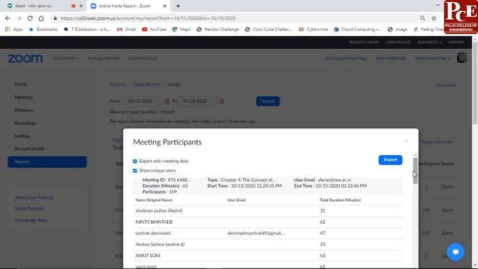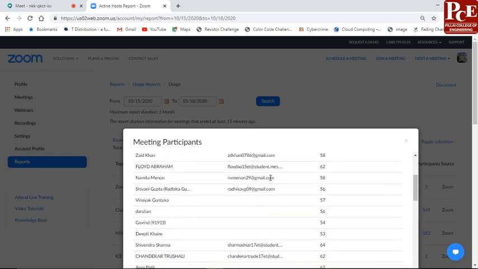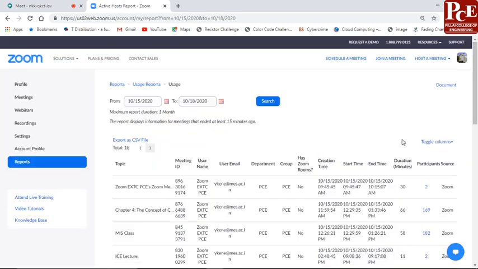One more thing, as Dipti ma'am mentioned previously about the rename, why rename is important. If someone fails to write their proper name, then it is very difficult to identify that person. That's why rename is important. They have to write their proper name. Then only this particular window will collect their data. So this is about the attendance.